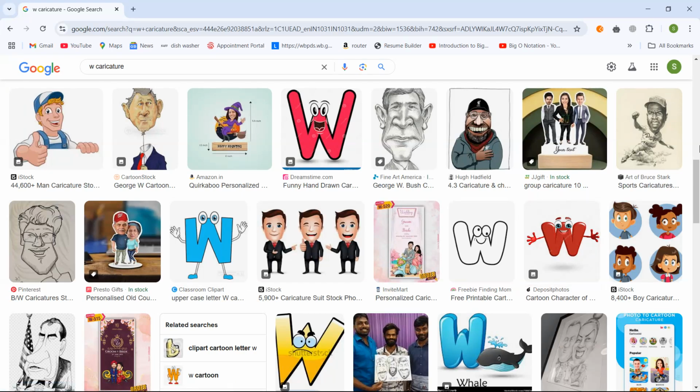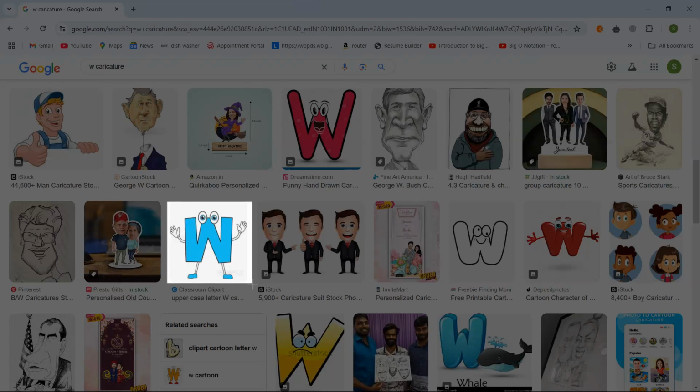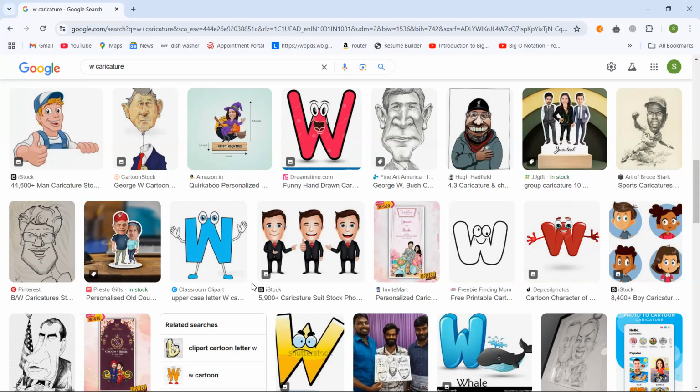Yeah, fine. So in this context also, I'll be showing you that if you want to snip a particular portion of your screen, the shortcut for that is holding down the Window key, then Shift S. So let me press down Window Shift S, and let me show you what it does. So Window Shift S. So we'll be selecting this particular icon, up to this section, and